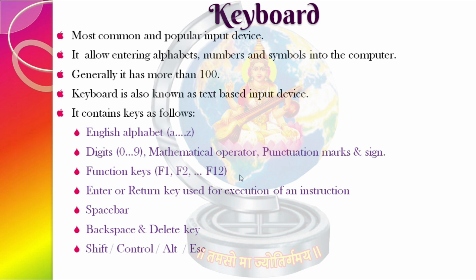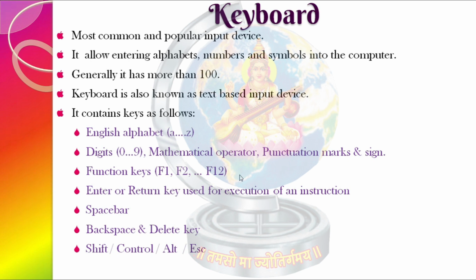Another is the control key. The control key is also used for controlling a particular device's inputs provided by the user. For example, if you want to save your file, Control S is used. If you want to open your file, Control O is used. If you want to create a new file, then Control N is used. So by combining more than one key, we can carry out different operations by which our work becomes easy. And the alt key is also there.